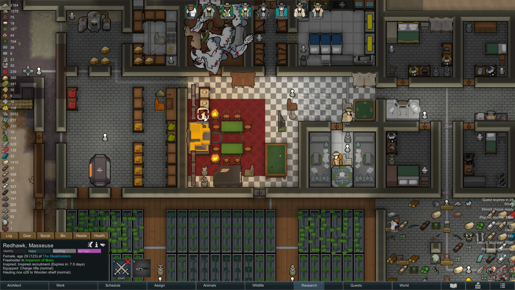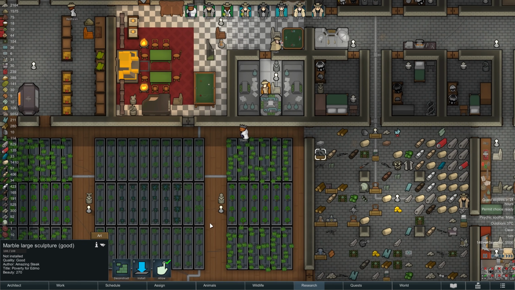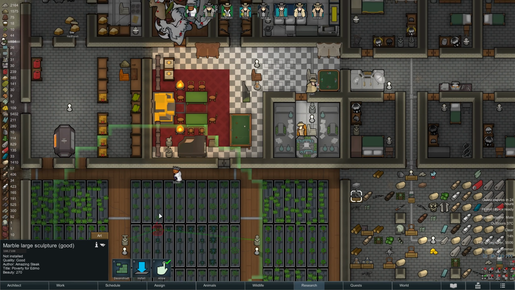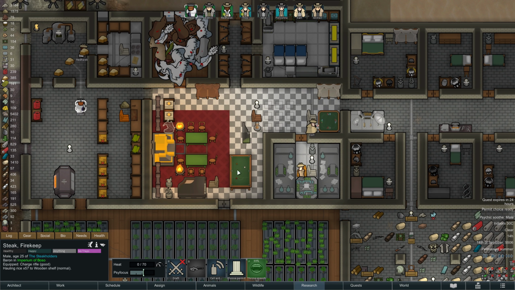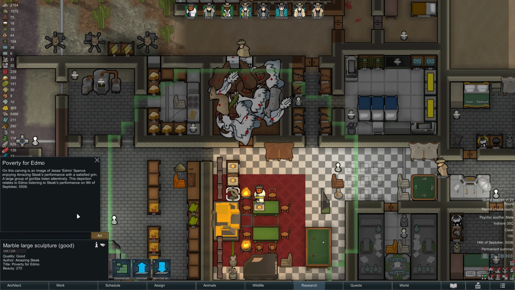In the early afternoon then, Steak finishes the first of 2 large structures that I have commissioned, so we are now placing that inside of our throne room as well for a little bit of extra beauty. The sculpture itself, meanwhile, is aptly named Poverty for Edmo, and it shows Edmo enjoying Steak's musical performance from just